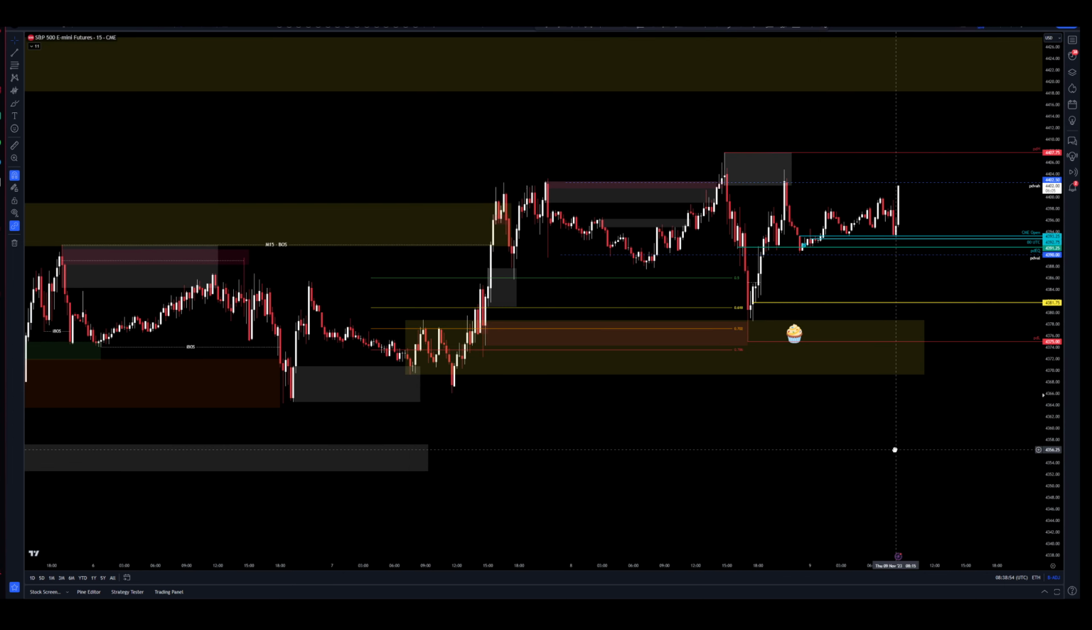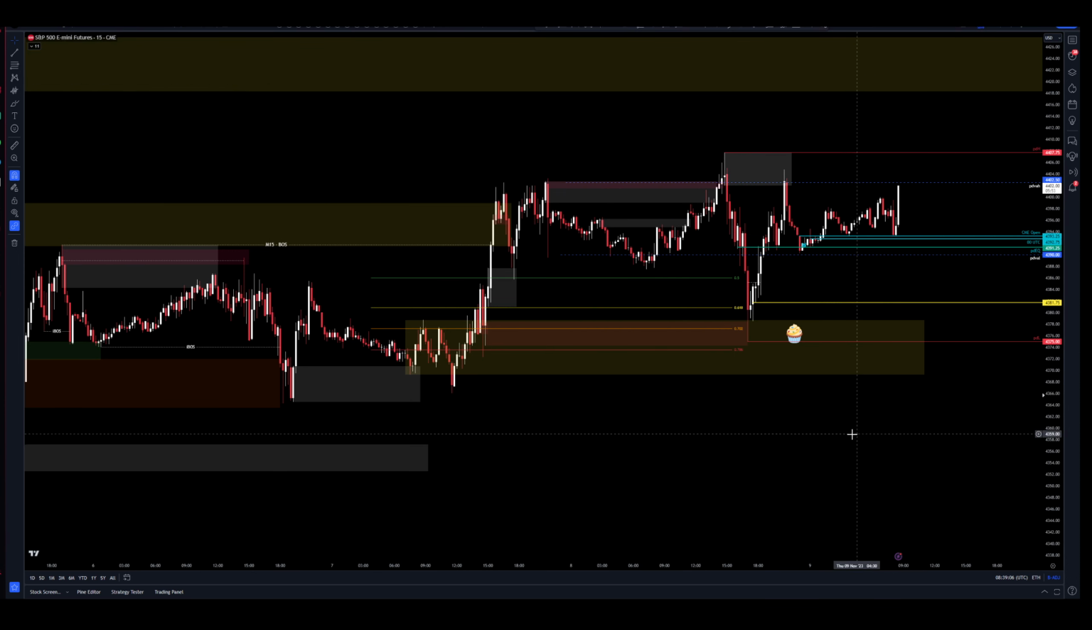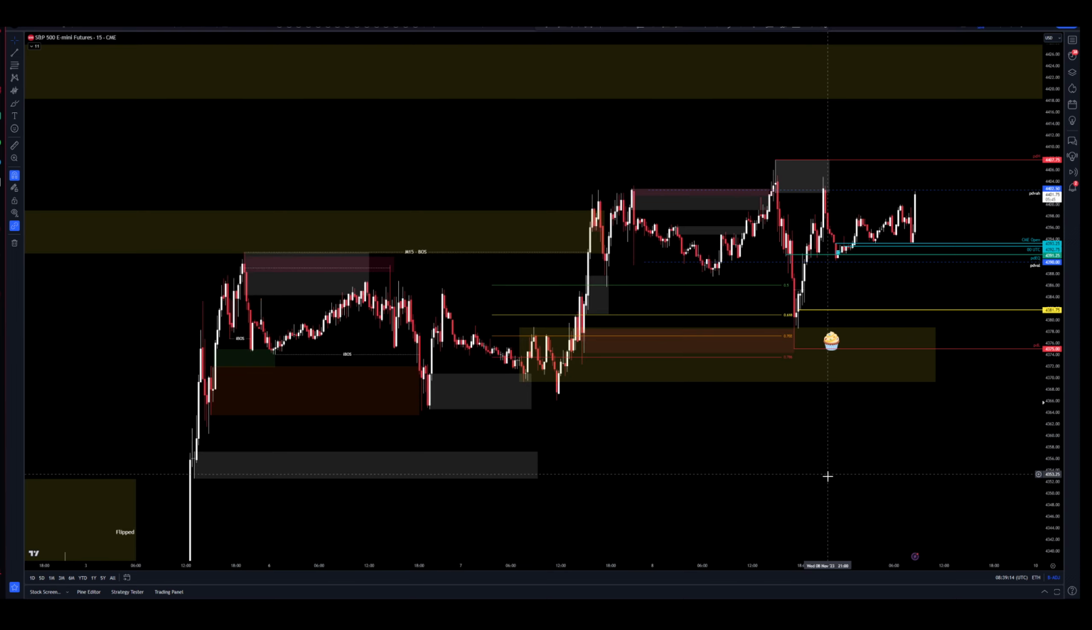It also lines up with the current day value area low, I believe. Let me see. Yeah, current day value area low. So, that was a decent long right there. I wasn't able to catch that. But if you've watched my previous video, I know it was a little long, 20 minutes, but it was a trade breakdown yesterday. And essentially,